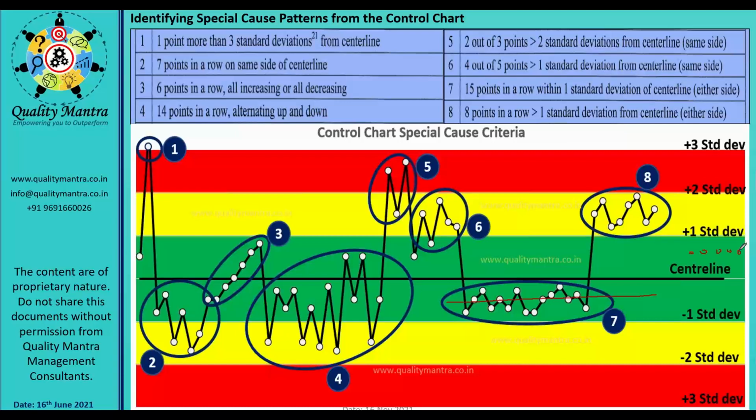If you have made it intentionally, it means it is time to recalculate the control limits. Then you need to recalculate the control limit. If you have improved your process, you have made some changes in the process, you need to recalculate the control limit. Your control limit will change then. Got it?